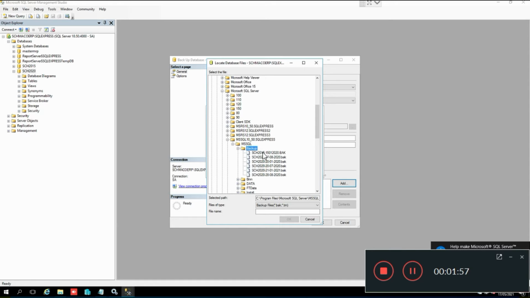This is all your backup destinations. So to do a new backup, what you have to do is come to this field here, put in the name of your database, followed by a dash, and followed by a date